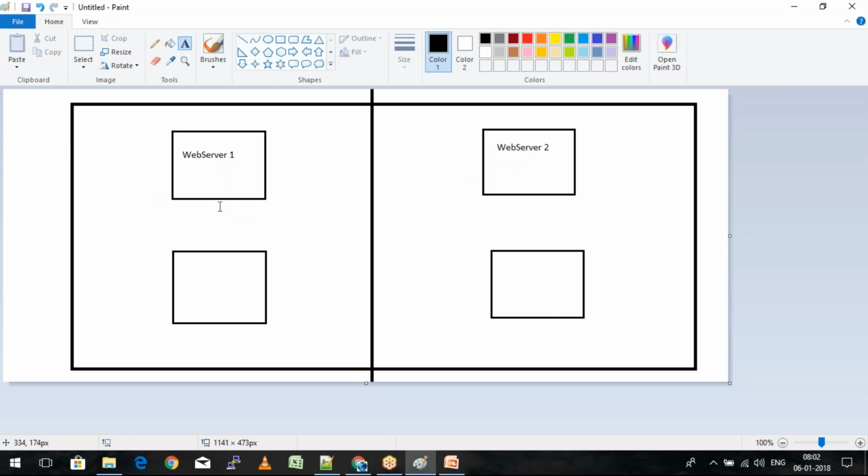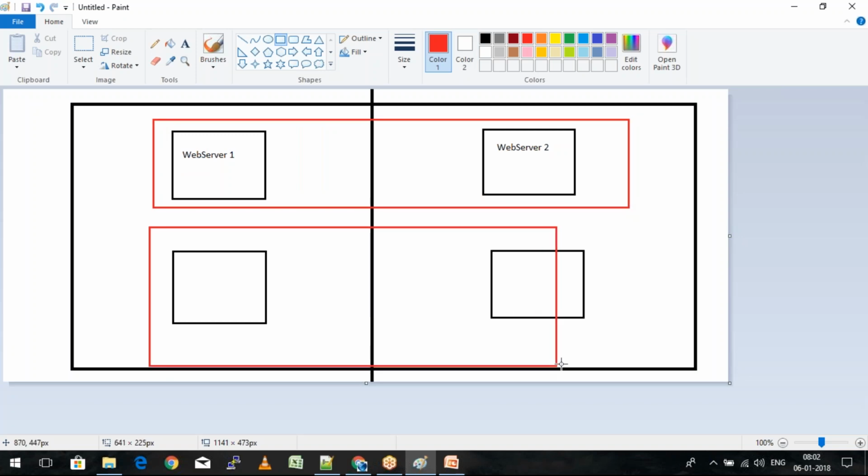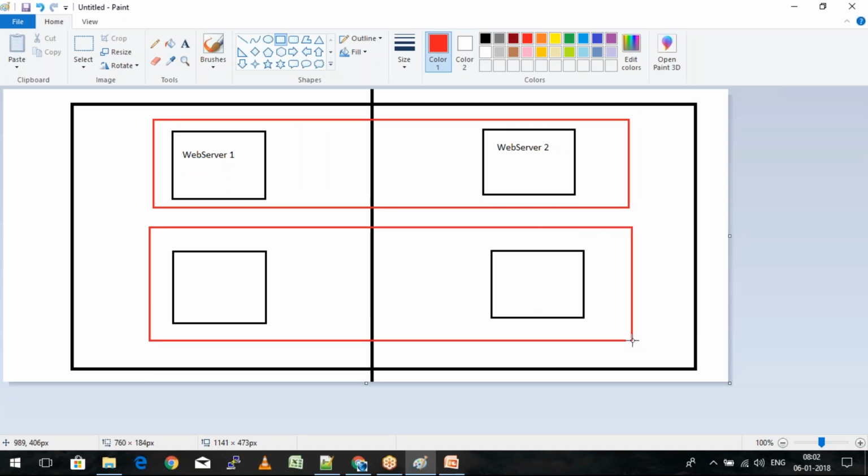Okay, so these are 2 web servers, and I'm logically going to group them here. So I'm going to logically group them, and these are going to be logically grouped across. So now this is my one set that is called a public subnet. The line in red you see is a public subnet. The next one here is basically a private subnet.